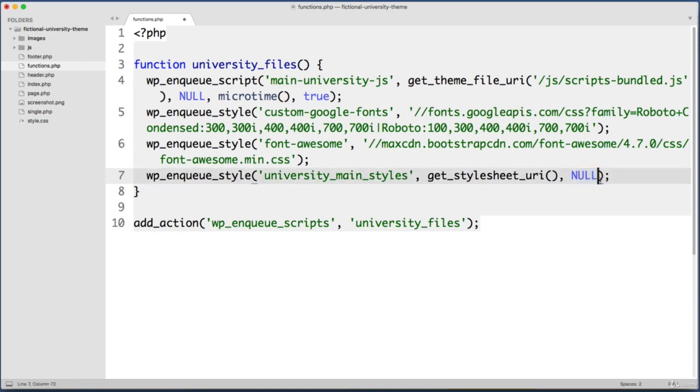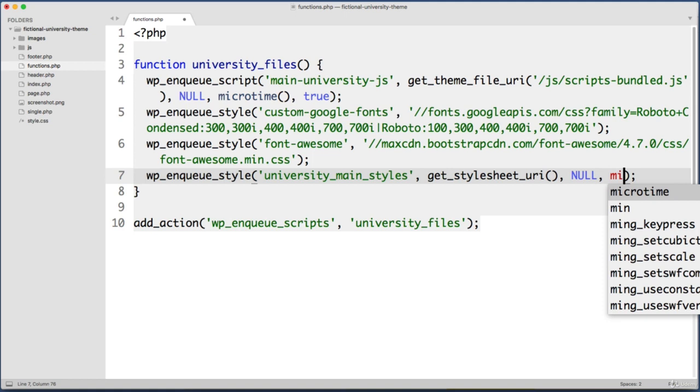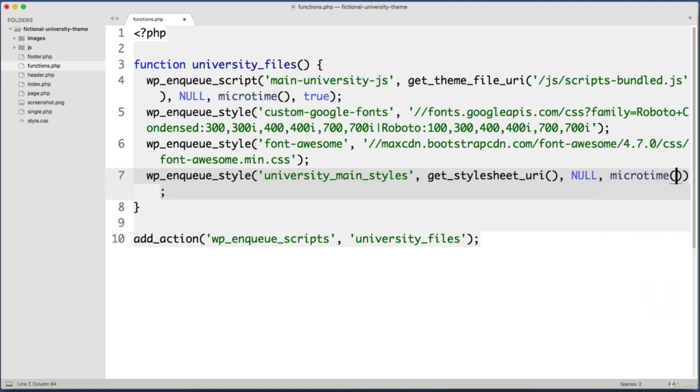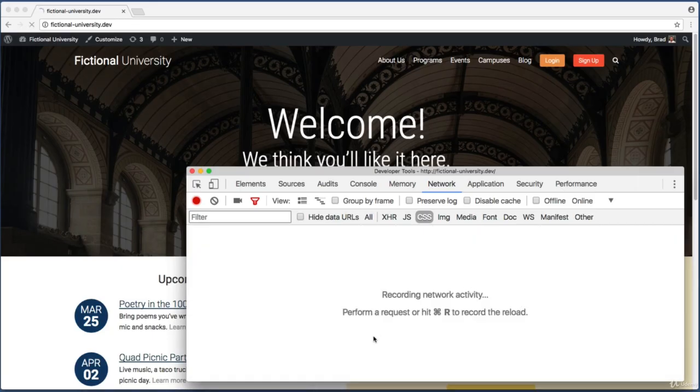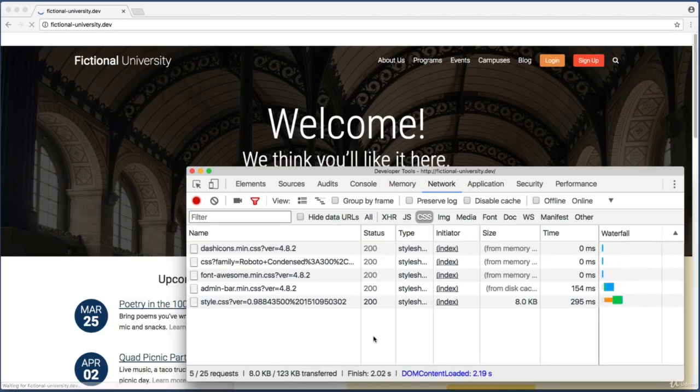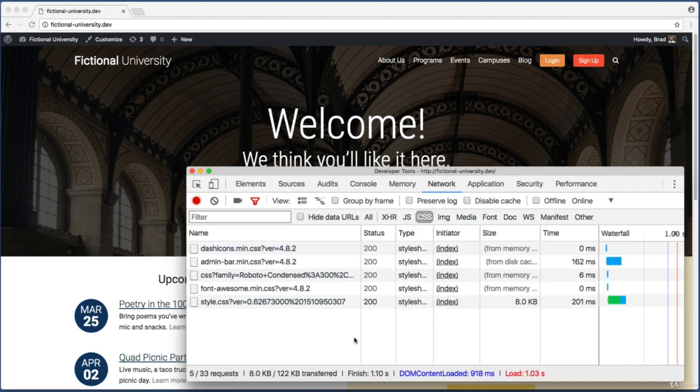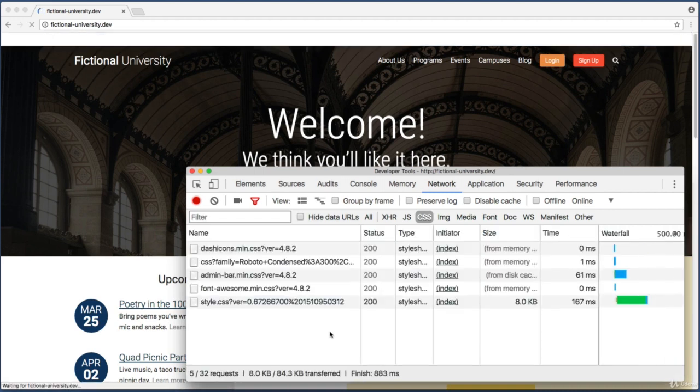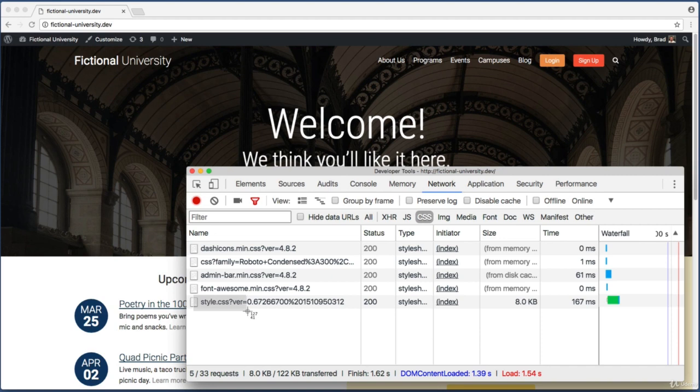And then right after that, we can just say comma, include another argument, and this is the version number. So just say microtime, parentheses, because it's a function. Let's go ahead and save that. And then if we refresh our network tab or the website, cool. We can see that every time we refresh, our web browser is forced to use the absolute most updated copy